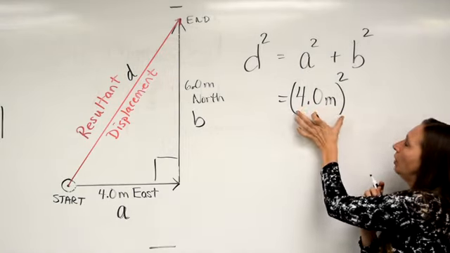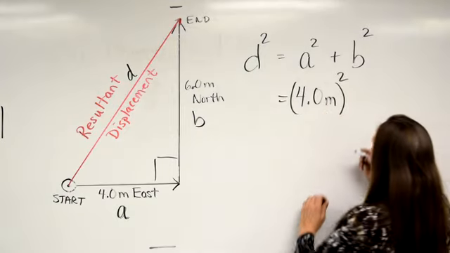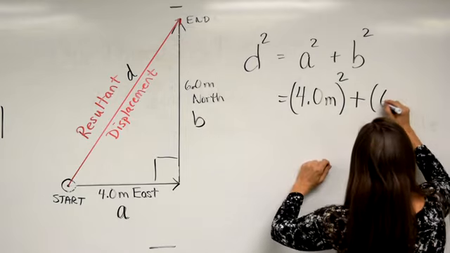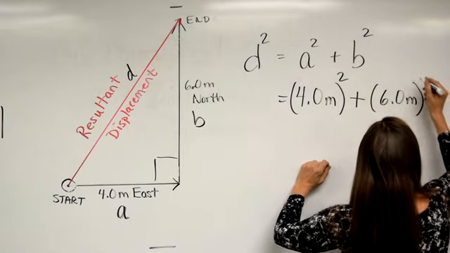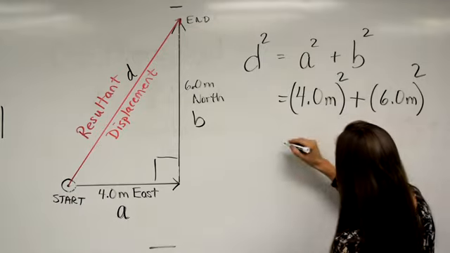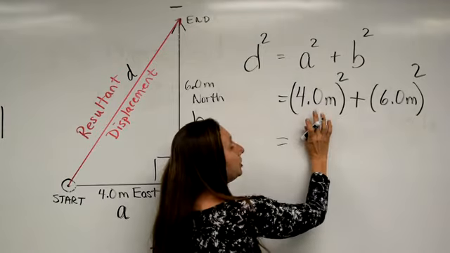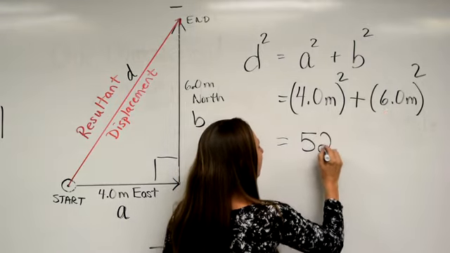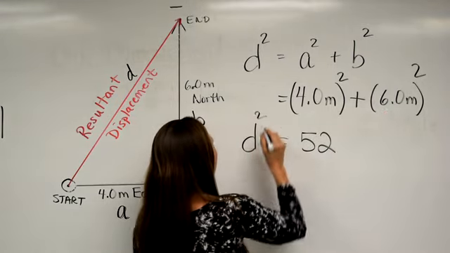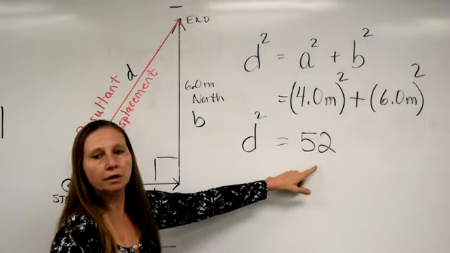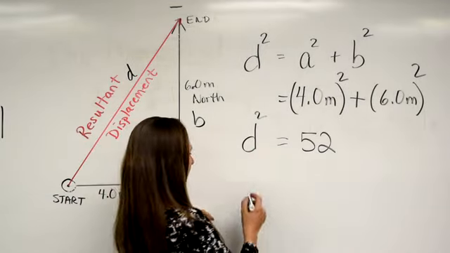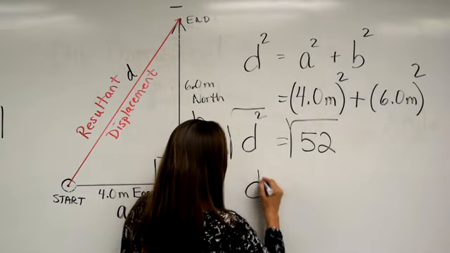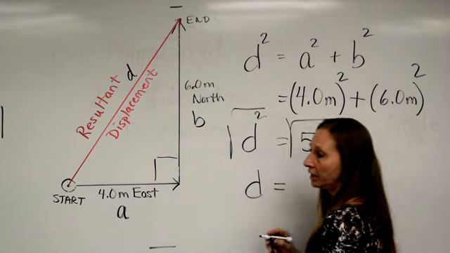The number and the unit go inside the parentheses, so they both get squared. We're going to add to that 6.0 meters squared. All right? So we're going to have 16 plus 36, that's 52. So the displacement squared is going to be 52. So we're going to take the square root of both sides, and we find that the displacement, right, is exactly